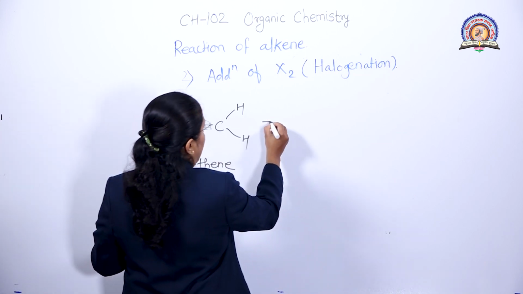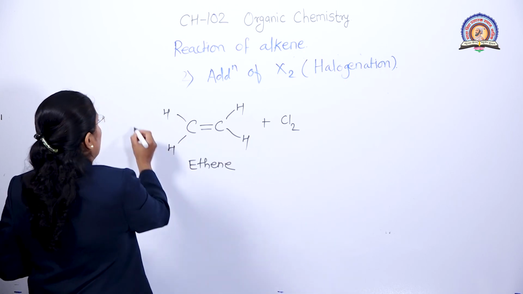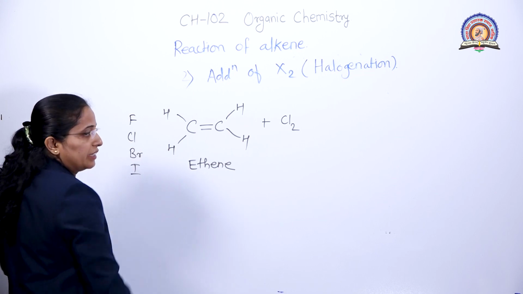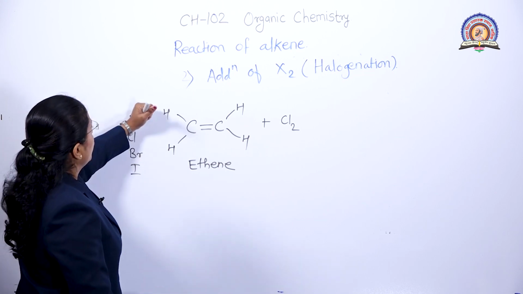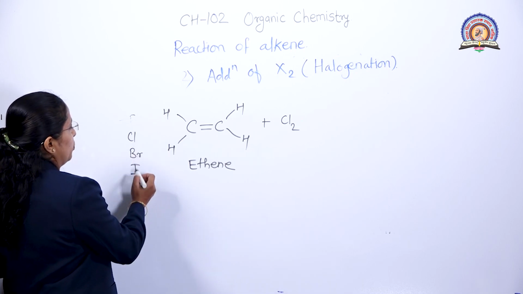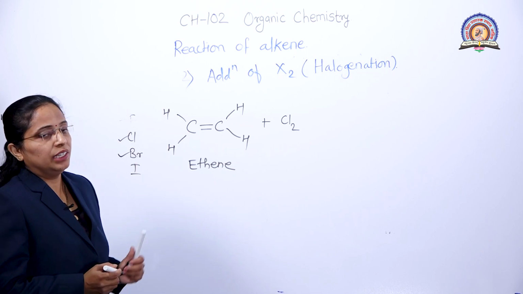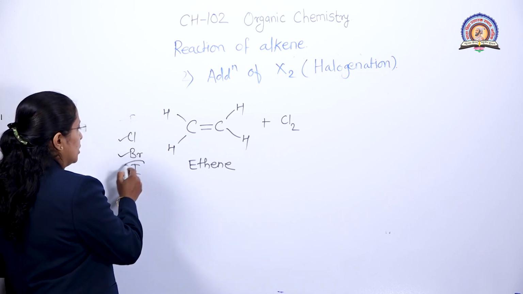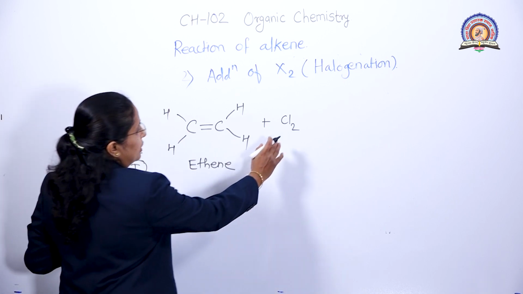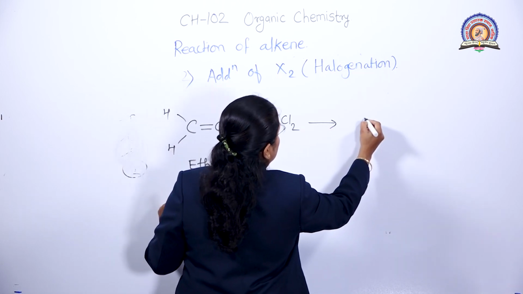In that we add Cl2. In this case we know that fluorine, chlorine, bromine and iodine are the halogens. Out of that, fluorine does not react with the alkene. Out of these three, chlorine and bromine react very easily with the alkene, while iodine does not react with the alkene. So for that here we take the Cl2 and we get the compound